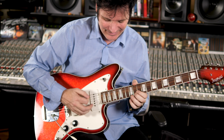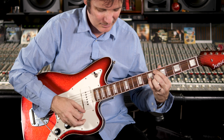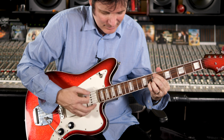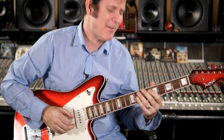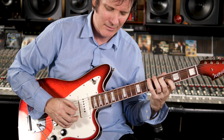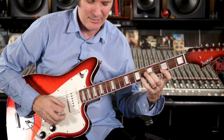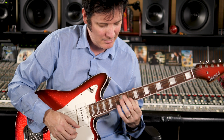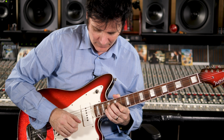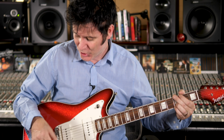Absolutely gorgeous. Both pickups together. Absolutely love it. Just an absolutely gorgeous guitar. See the bridge. And this whammy bar, it's totally the wrong word, but this vibrato arm, this is just...